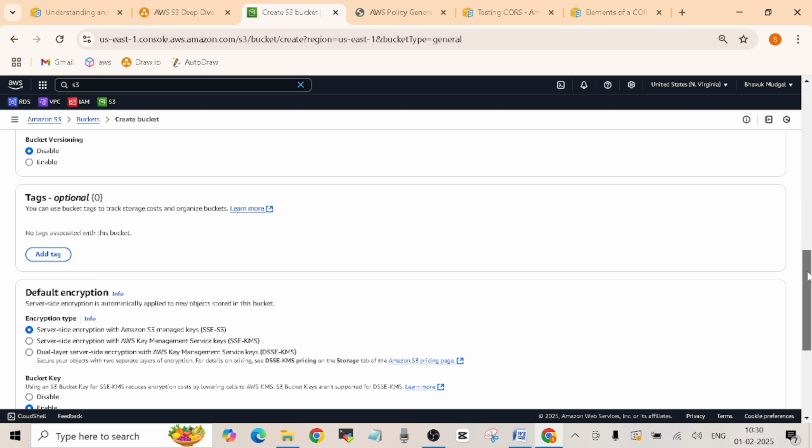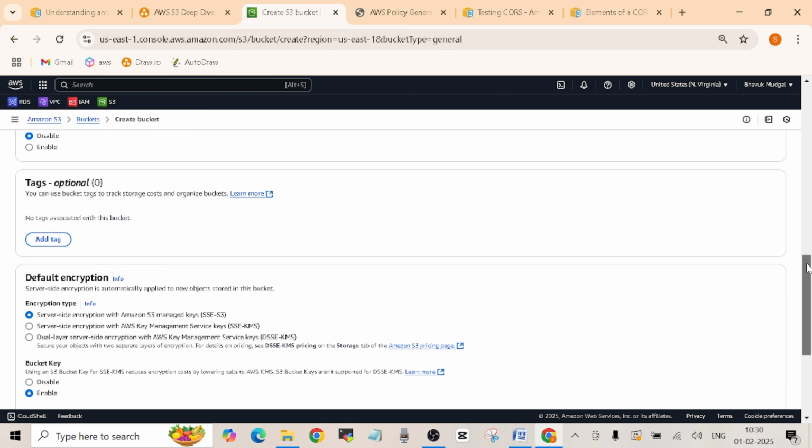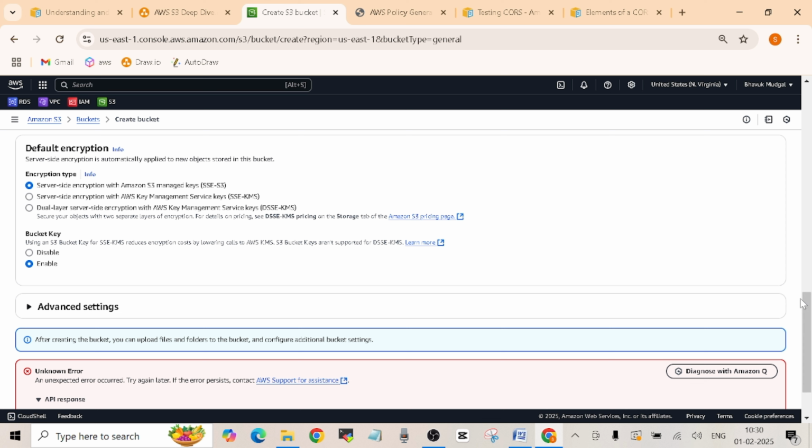Next is tags. You can add tags as you do with any other AWS resource, right? So you can add tags to it. Then default encryption. If I talk about encryption in a very basic way, encryption is a way by which you scramble some piece of data. It can be any data. Scrambling means that you